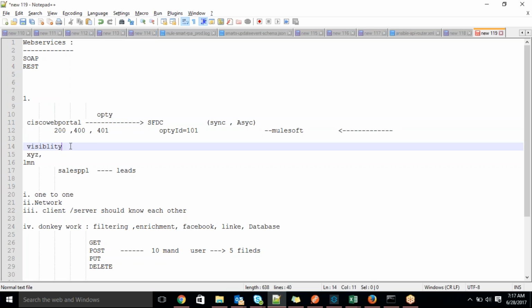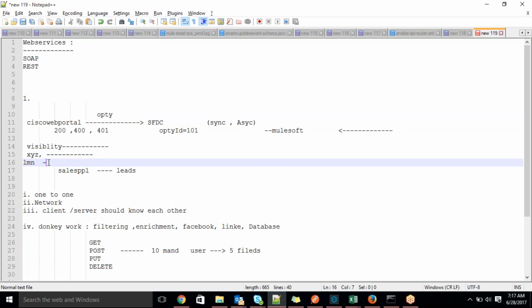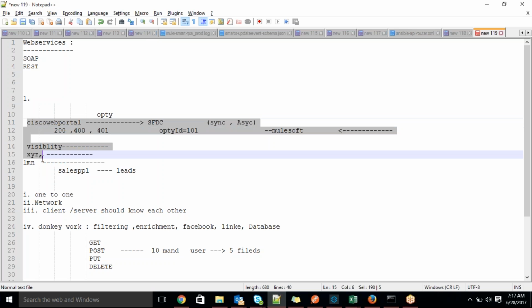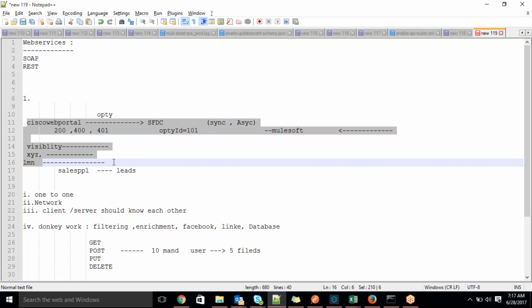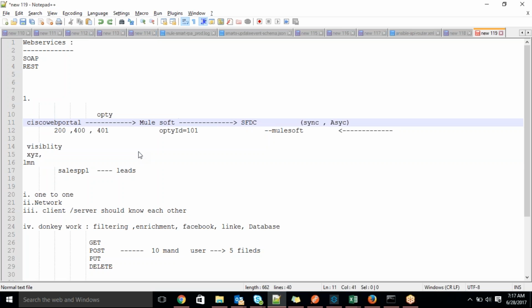What happened if you see? We have multiple clients, not only one client actually. So we have 10 clients frequently talking to the Salesforce. It's kind of clumsy, guys, so it can't respond sometimes. This type of issues people are facing actually. So that's why they introduced this type of middlewares in the market.